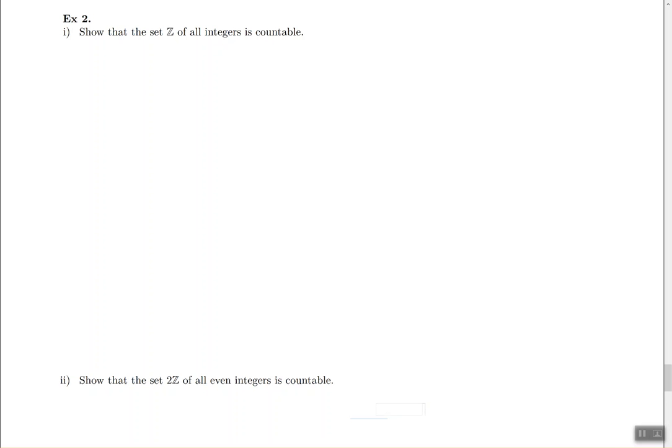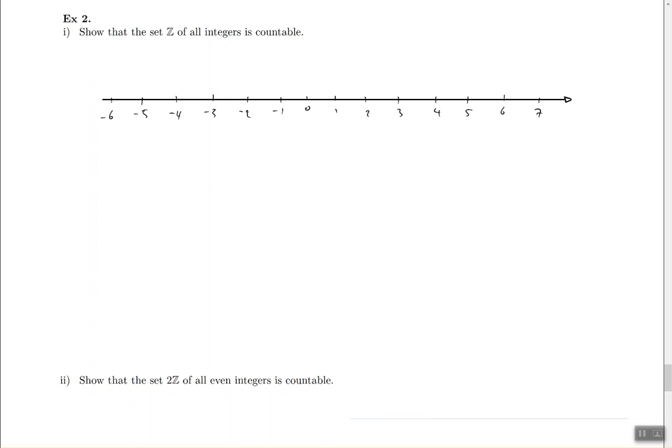In order to prove that, let's look at a diagram first. So this diagram is going to represent all the possible integers. So these are the regular integers that I'm trying to figure out if they're countable or not. And what I'm going to do is develop a way to count these integers by only using positive numbers. If I can do that, then I have successfully shown that there are as many integers as there are positive integers. And so here's how it's going to work.